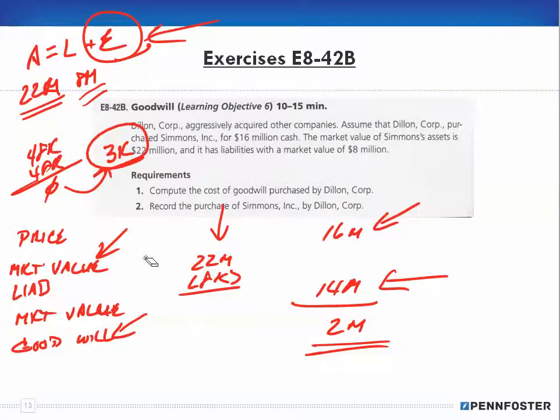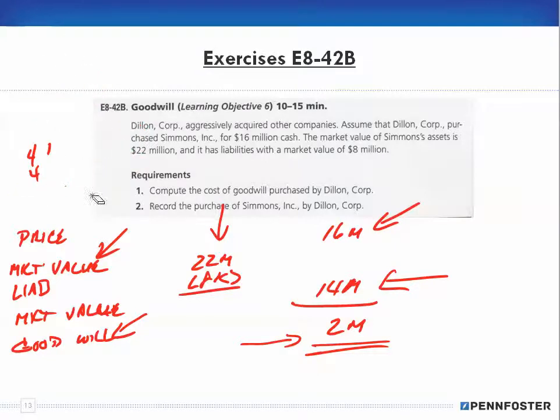I mean, you're in business. People create businesses in order to make a profit, and they build that business with the intent of having the amount of goodwill as the added value that they've gotten from that business. So that's number one, that's how we calculate the goodwill. Now to record the purchase,